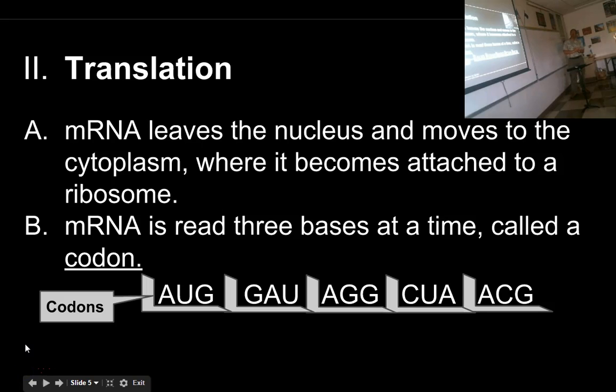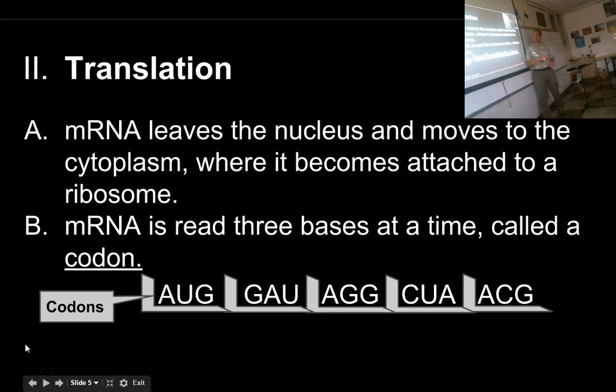Okay, so messenger RNA leaves the nucleus and moves into the cytoplasm, and it gets attached to a ribosome. Now, a ribosome actually has two parts that are made out of both proteins and some more RNA themselves. This interconnectedness keeps going. Ribosomes can be free-floating in the cytoplasm, drifting around all by themselves, or they can be stuck to the endoplasmic reticulum. So there are two places you can find ribosomes.